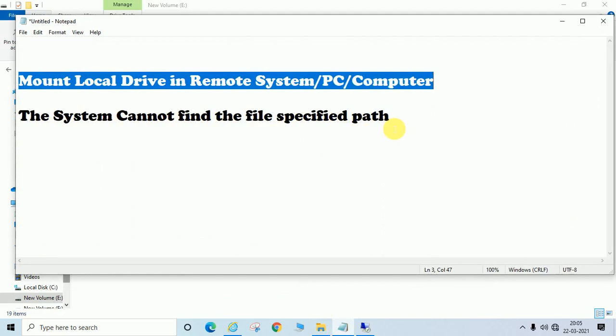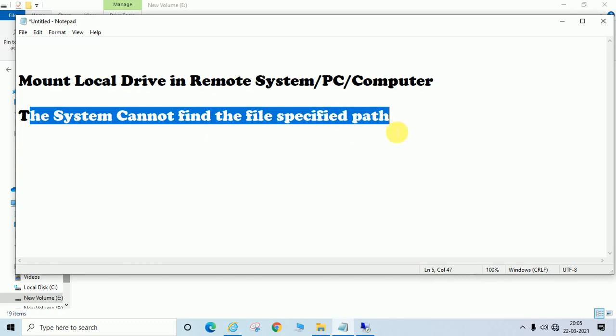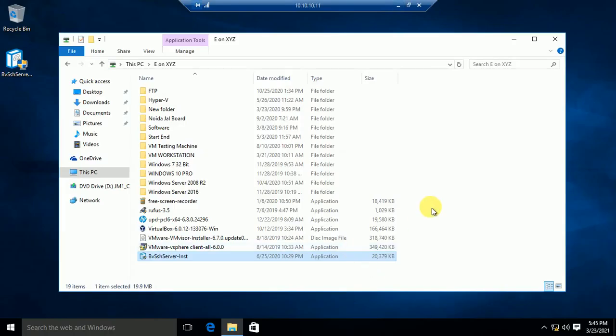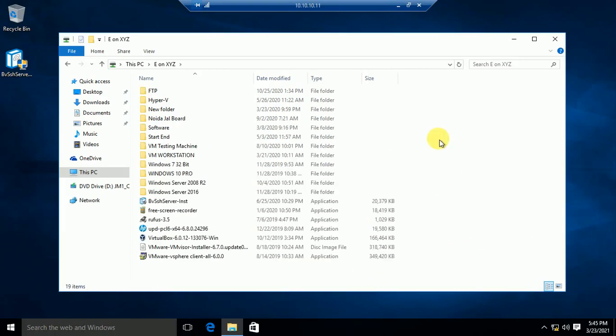So guys, in this video we have learned two things: how to mount a local drive in a remote PC, and if you get this error, "the system cannot find the file specified path," then you will also be able to resolve it, or you can say you will easily be able to copy your data from the remote machine to the local machine.